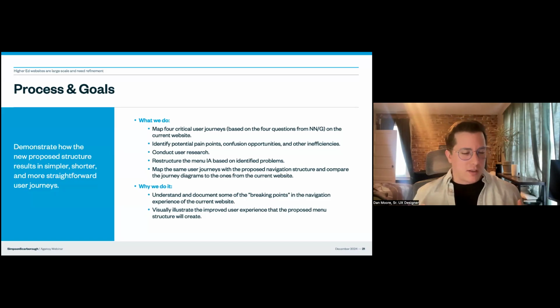So some of the ways that we take that data and build on it are mapping to those 4 key critical journeys from the Nielsen-Norman Group study, right? Do they have my program? Can I get in? What's it cost? By mapping those journeys, we know where we want to look in the data or where we want to gather more data. So by identifying those pain points, we might decide to conduct some user research or usability research, whether that's using tools like Optimizely or Hotjar to gather more user behavior data, and then dig deeper into that structure and restructure the website itself,